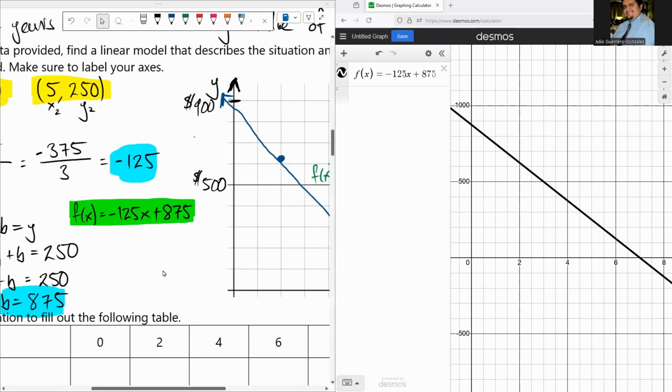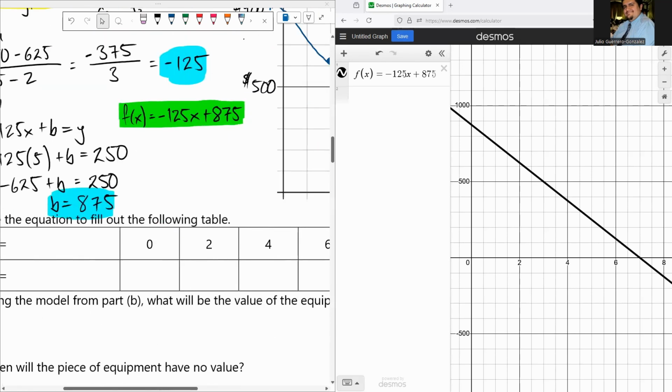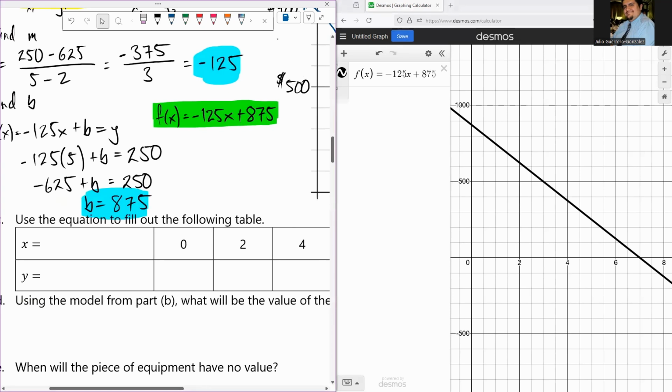Okay, the next part of our problem, and I'm actually going to keep this up here, is I want you guys to all fill out the table that's provided. And I want to show you guys how to do that using Desmos. Desmos actually does this for you, right? So the x variable, we know this was time since new, and then y was equipment value. So what I want to show you all is how to get these values